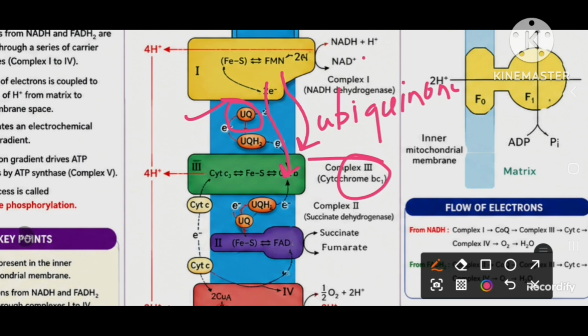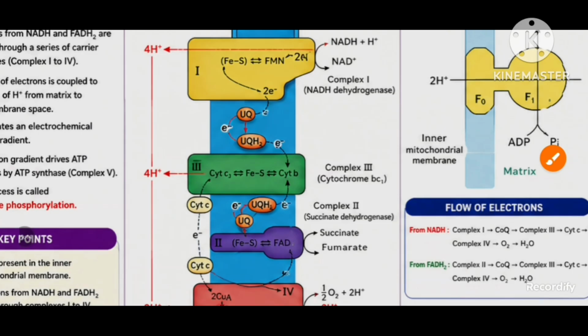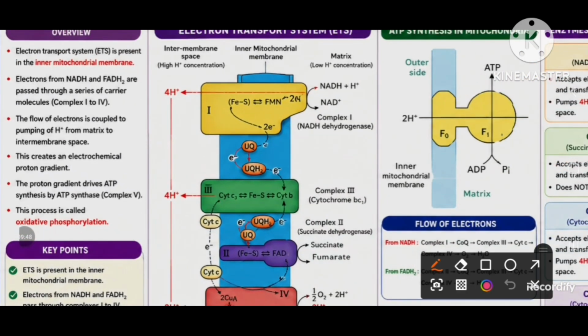With the use of that electron energy, complex number 3 also transfers 4 H plus ions, not electrons, 4 H plus ions from matrix to intermembrane space. So listen carefully. By using the energy from the electron, complex number 3 also transfers 4 H plus ions from matrix to intermembrane space. So just remember,